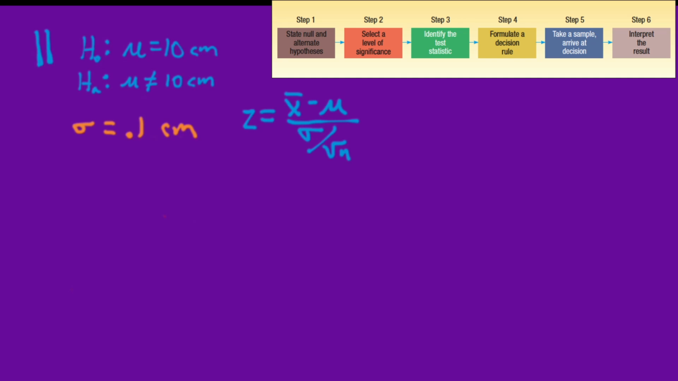Now, of course, there are going to be plenty of times when we don't know the standard deviation. This could be like that other example where there was a claim by a politician that average income was $52,000 or greater, and the alternative hypothesis was that it was less than. In this scenario, we probably don't know the population standard deviation, and so we will go ahead and use the T statistic,